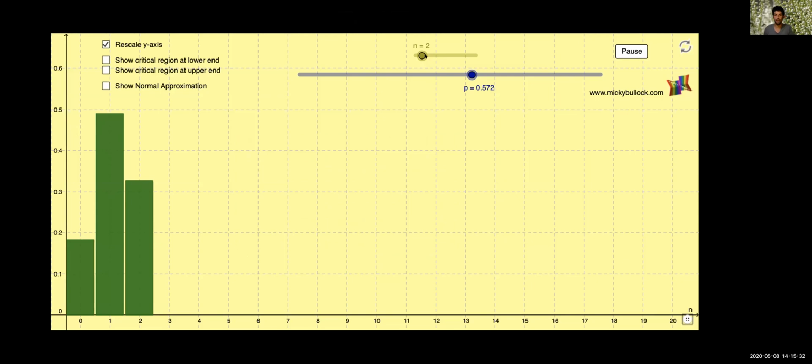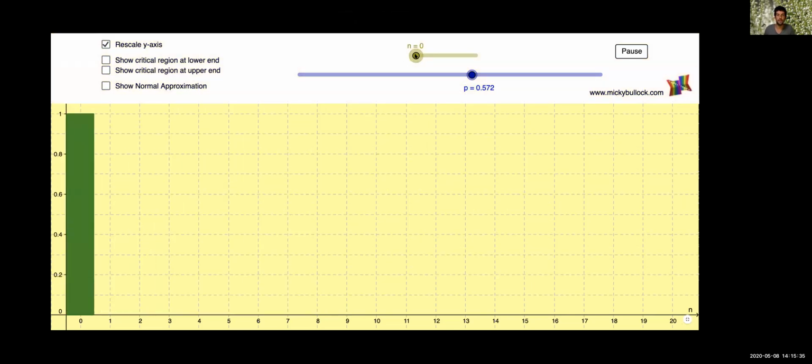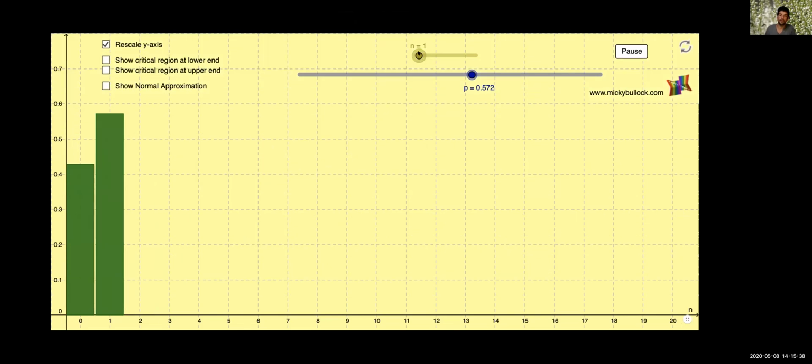So notice up here at the top, where my mouse is, I can name the number of trials. So let's set it at n equals 1 right now. And here the probability of success is 0.572, just kind of randomly. What we're looking at with these two bars looks a lot like a histogram, but instead of showing the numbers of times things will happen, it shows each outcome and what likelihood that outcome is to happen. So right now, if we have a 57% or 0.572 probability of success, then the probability of having one success, notice the height is at